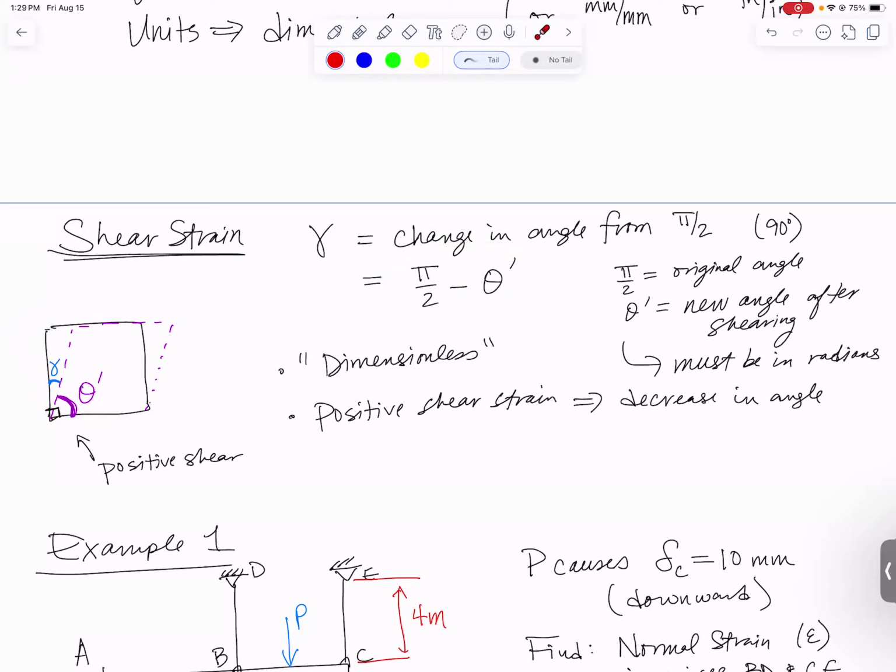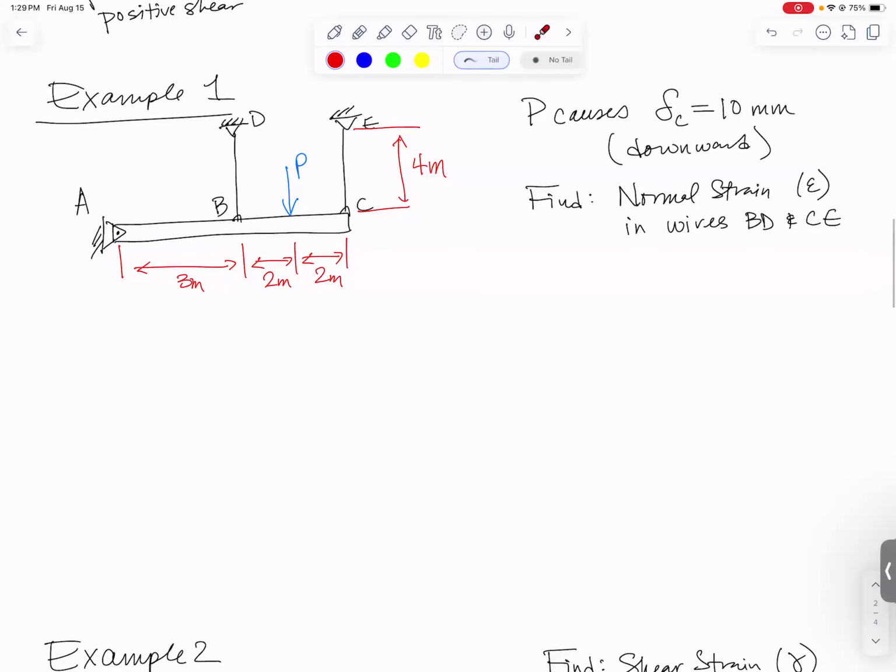We have our definition of normal strain. I've got 3 examples to go through with you today. Here's example 1. We have a bar. It is pinned at A. It is held up by a couple of cables. It has a length of 7 meters, and these cables have lengths of 4 meters, and someone's applying a force